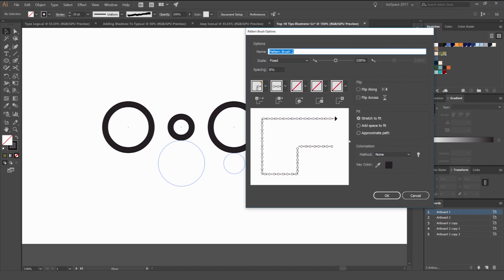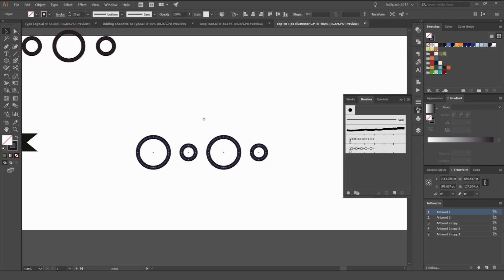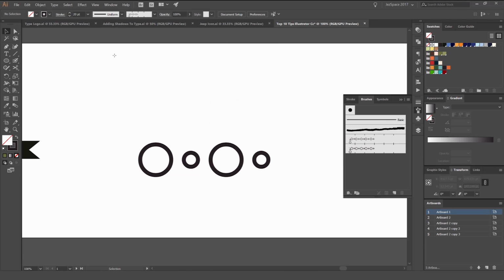What we're going to do, instead of Stretch to Fit, is change the options here. Go to Add Space to Fit. We can leave it on fixed, and we can leave these options as they are, and we can go to hue shift if we want to change the color. So I'm just going to press OK, and what I'm going to do now is make a stroke,